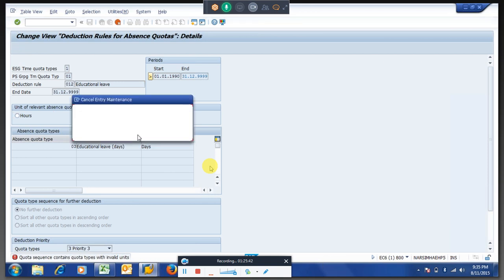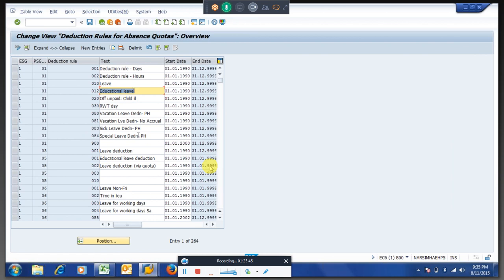In time evaluation, when you do all the configurations, if the client is asking that these many leave days should be generated, then you will maintain a constant. The 12 you maintain will be days. You have to think like that. The number will be stored in a constant, then it will come to a time type, then the number will be pushed into the quota type. Based on the configuration, it becomes days. Whenever you are writing the logic, you know what things the client requires. Based on that, you have to give the logic.